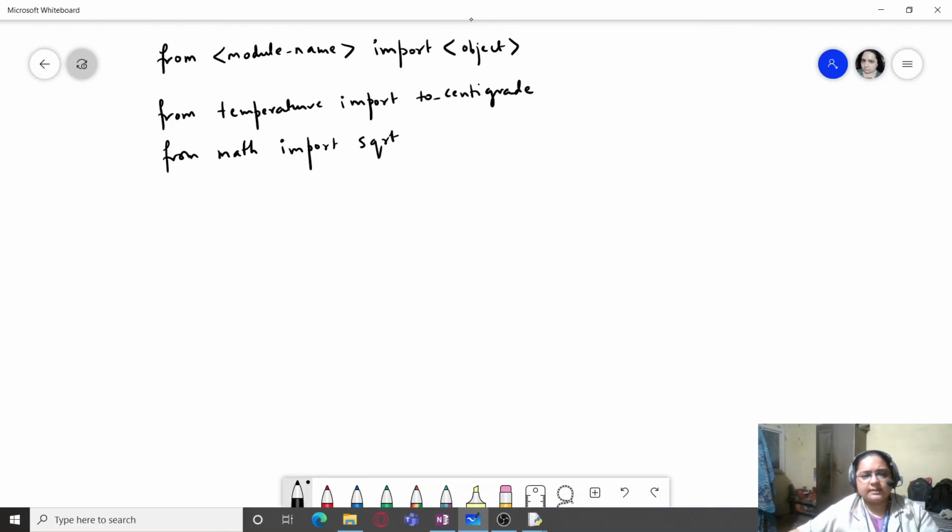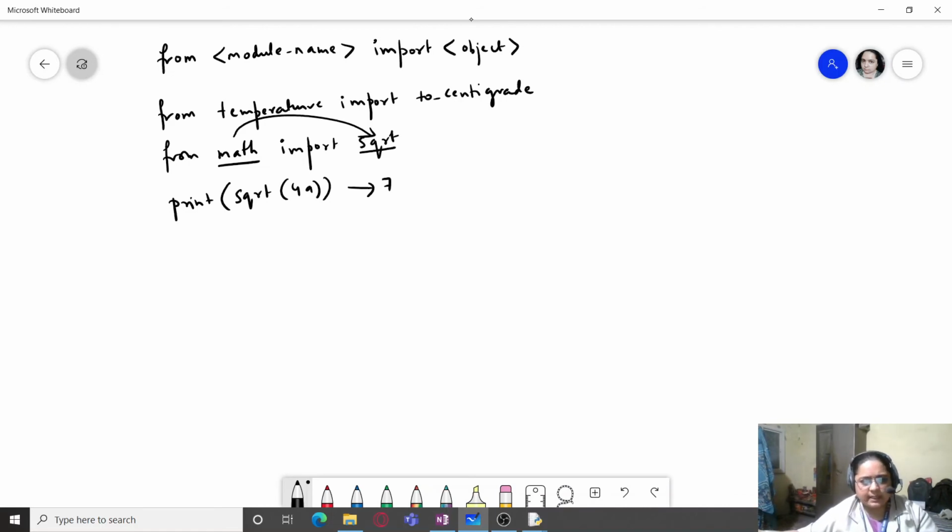So now in this case, you don't have to qualify sqrt with math, because sqrt is already added to the program namespace. So I can simply write print sqrt 49, and this will give me 7. Why? Because I have already specified what I am importing, and that too from where. So I am importing the sqrt member from the math module.